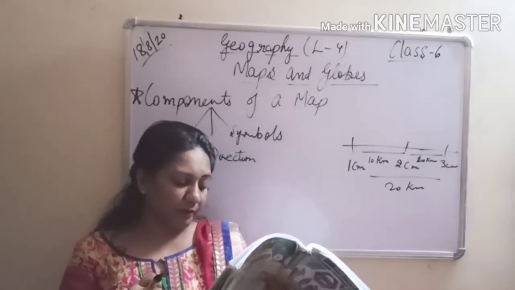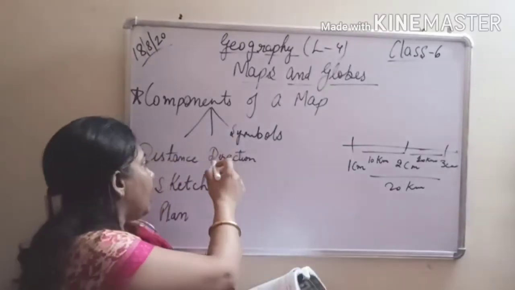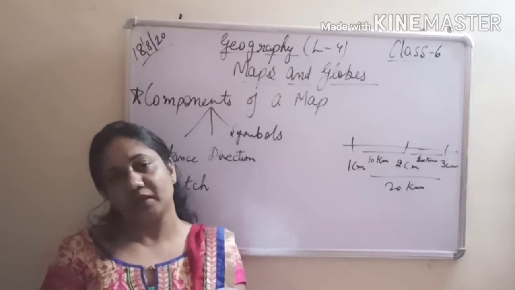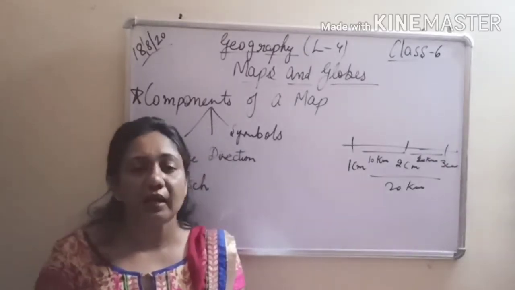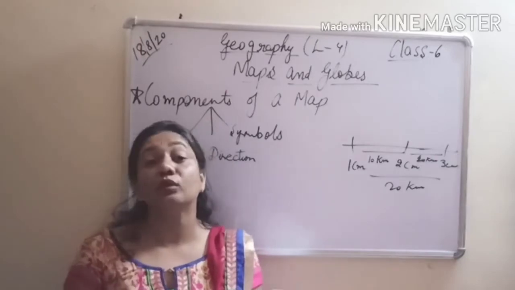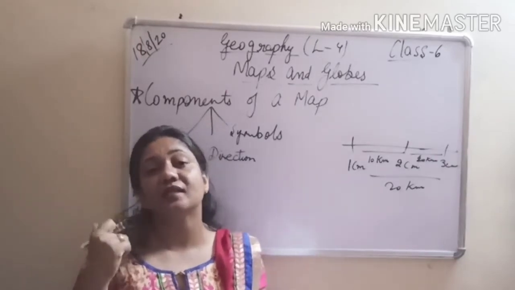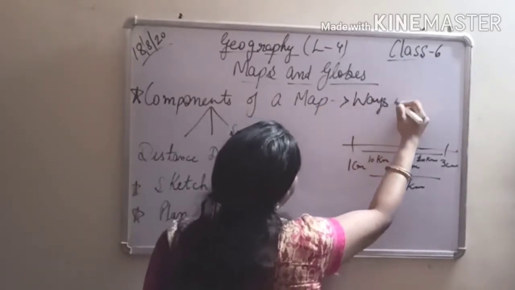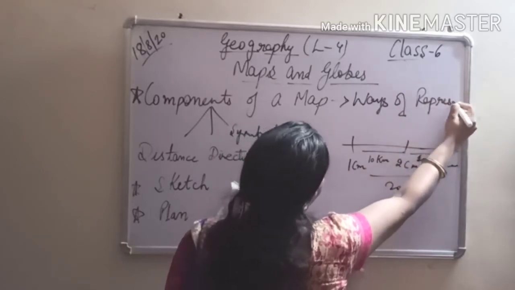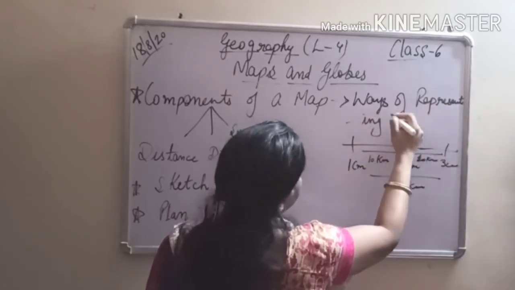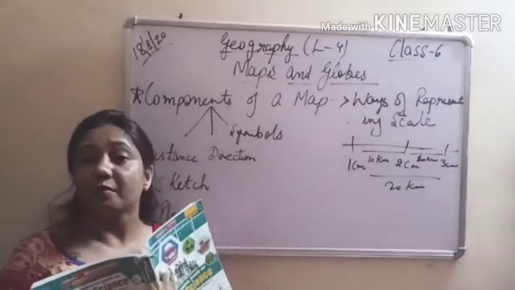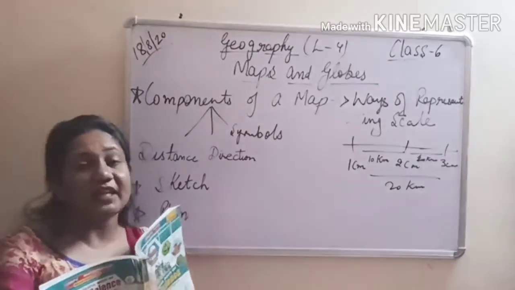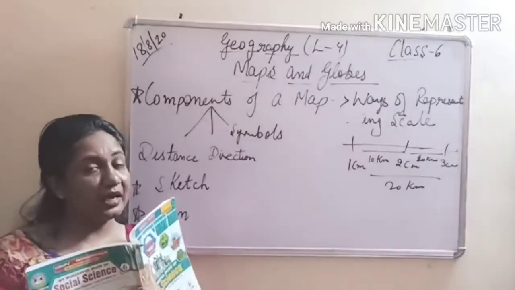The 3 main features of a map are symbols, distance, and third one is direction. So it is according to your book option number A. So put a tick on option number A. Okay. Then they have given you the various ways how you can represent a scale on a map. So components of map and then the ways of representing scale. How you can represent a scale on a map. So again there are 3 ways that they have discussed, in the form of linear equation, in the form of statement, and in the form of fraction. So we will study how it is there.